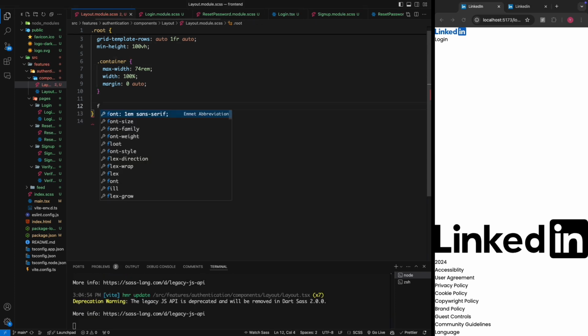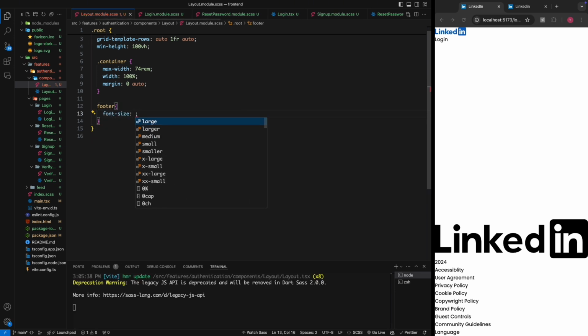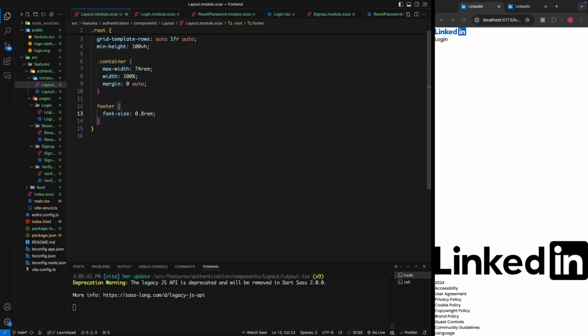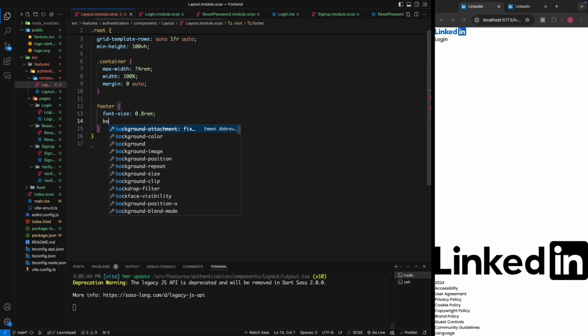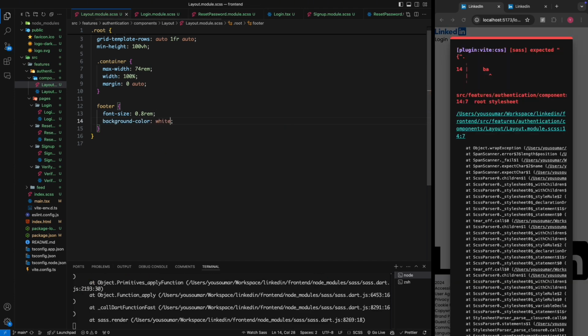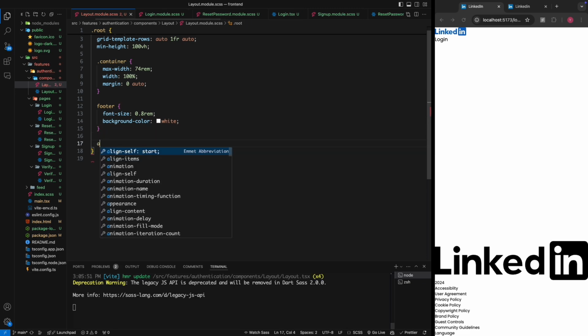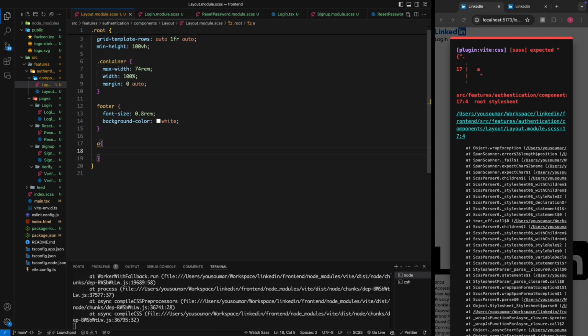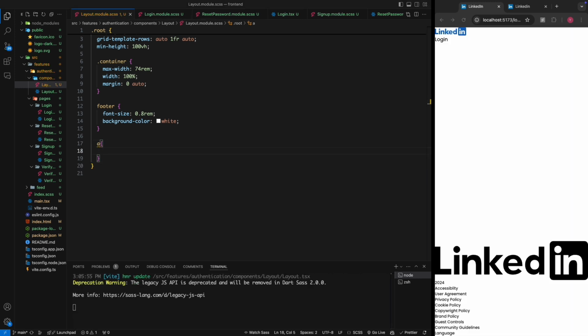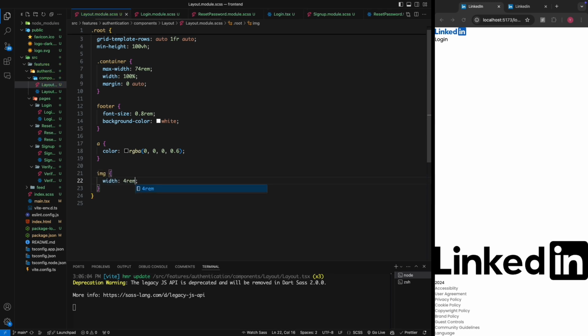We're going to grab our footer and say that it's going to have a font size of 0.8 rem, a background of white. Then we are going to grab the links that are in them. They're going to have a color that's slightly transparent. As you can see, they look like this. Let me change the image. We're going to give it a width of 4 rem,